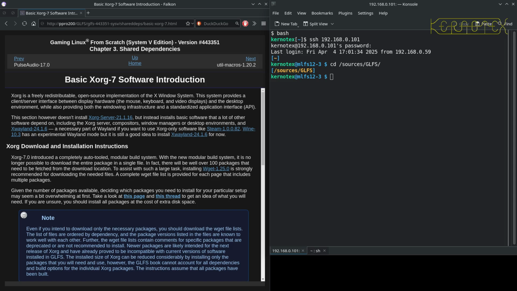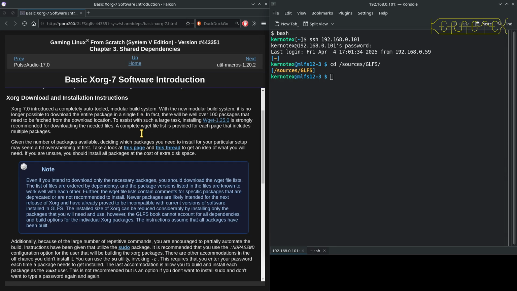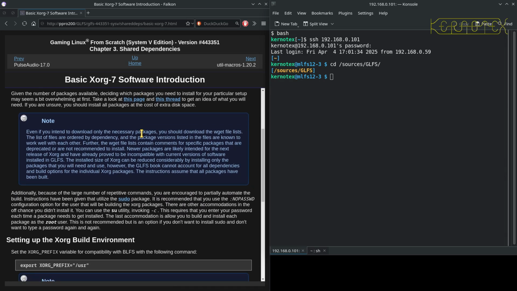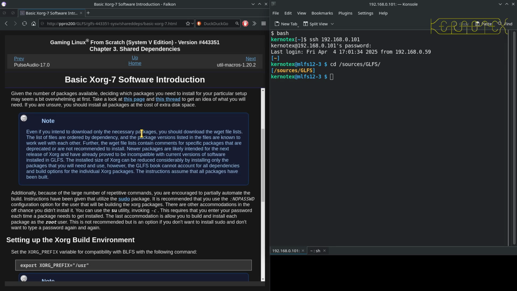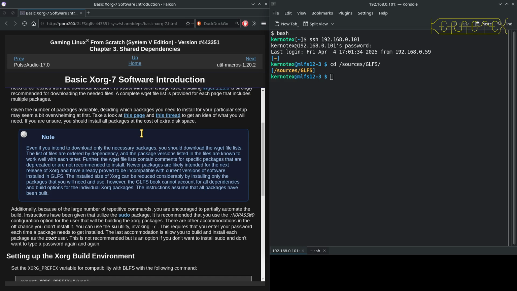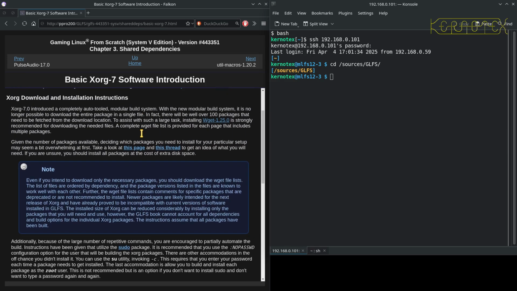Basic Xorg software installation. So this is the actual code to give support for a GUI. Much of this is the same as the original LFS project, as you might guess. The one thing I will point out is that it says that